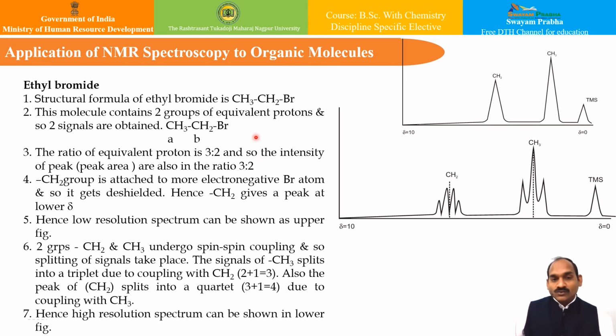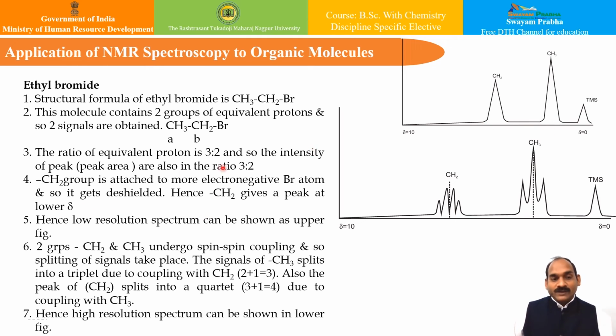Now this molecule contains two groups of equivalent protons, and therefore it is expected to have two signals, one corresponding to this environment and another corresponding to this particular environment. Therefore the ratio of equivalent protons must be 3:2, and so the intensity of the peaks, that is the peak area, must also be in the ratio of 3:2. Likewise, this CH2 group is attached to the more electronegative bromine atom, and therefore it should get deshielded, and this CH2 will give a peak at